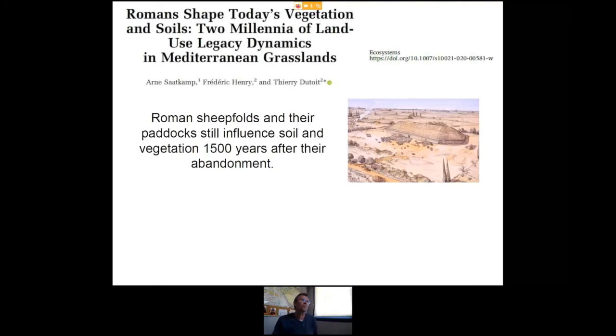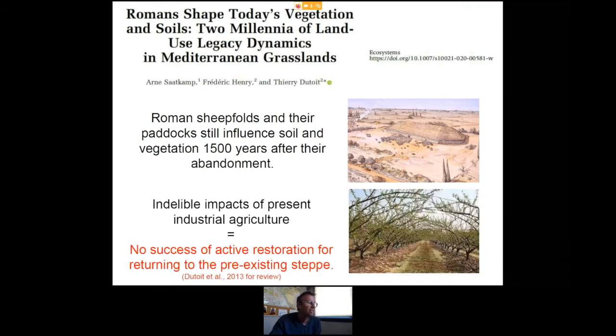So to conclude on the second question, it was really incredible for us that Roman sheepfolds and the former paddocks, just an area where they concentrated the sheep for several years, still show this signal so long after the abandonment. It's a clear signal for restorationists and conservationists because, and I won't go into details about that because it's more restoration ecology than historical ecology,